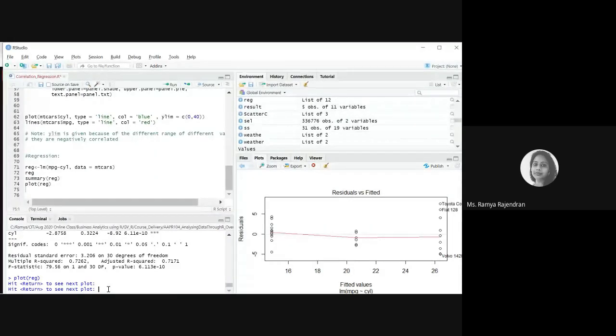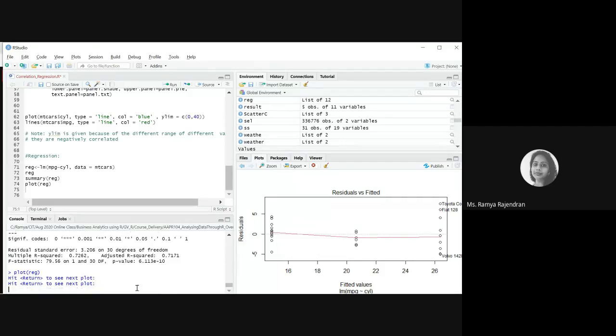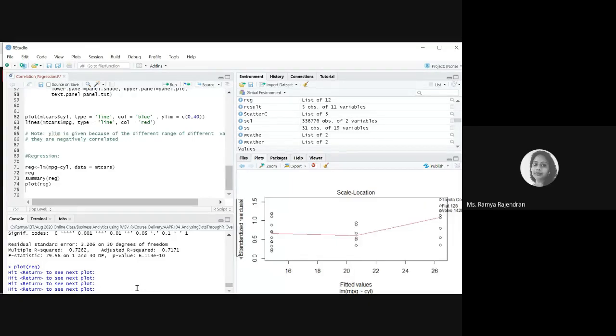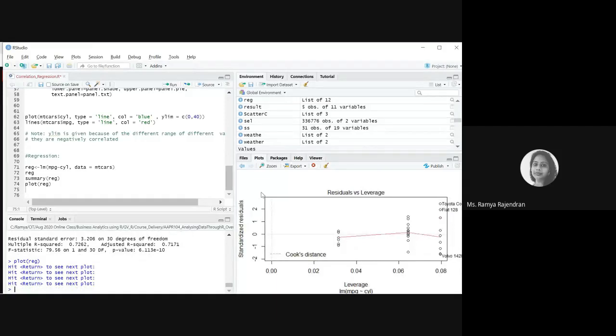Here you're getting the actual values with the errors, and you can see the errors range between -5 and 5. Then it gives us a Q-Q plot with the quantiles of the standardized residuals. You also have the square root of standardized residuals, which is between 0 and 1.5, and then standardized residuals against leverage.